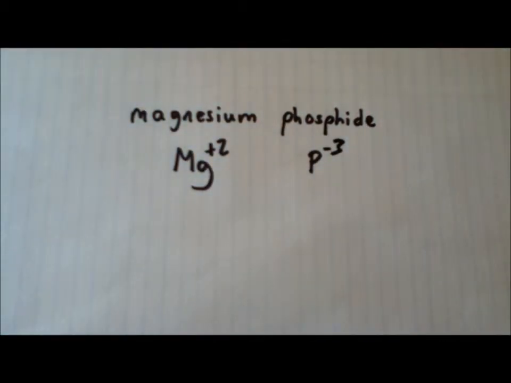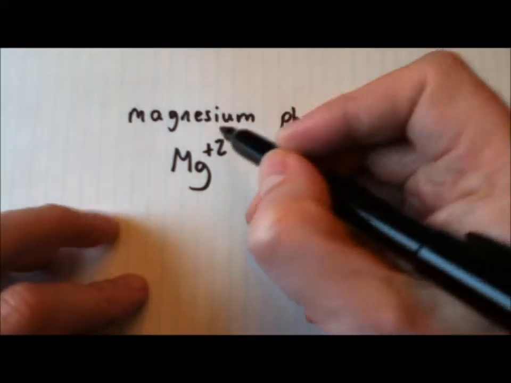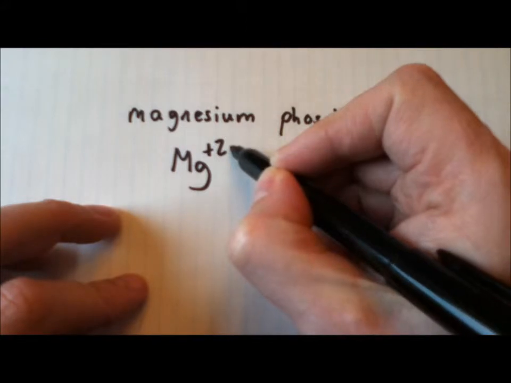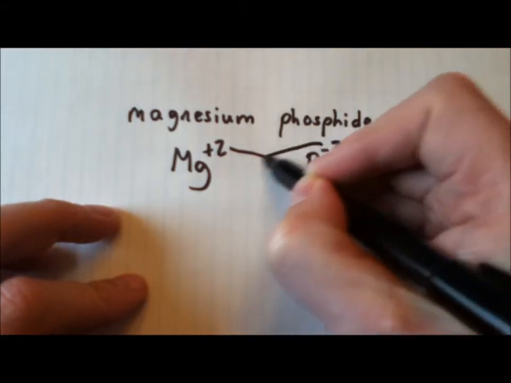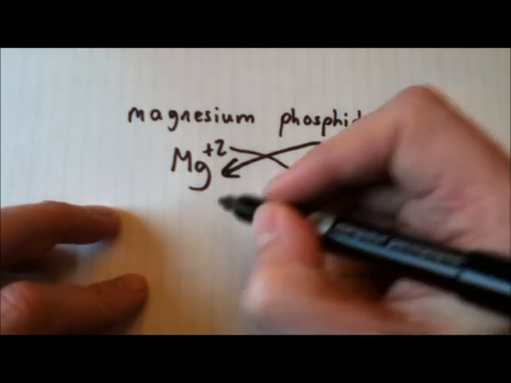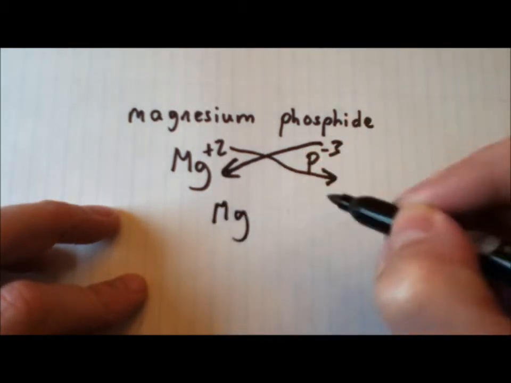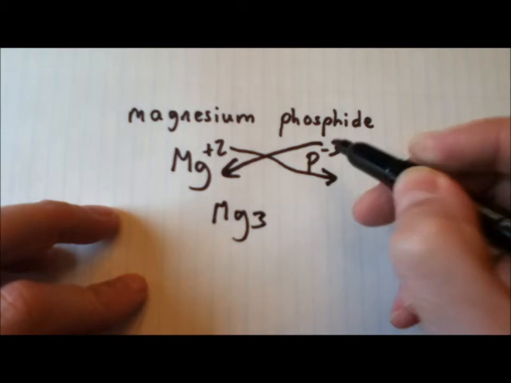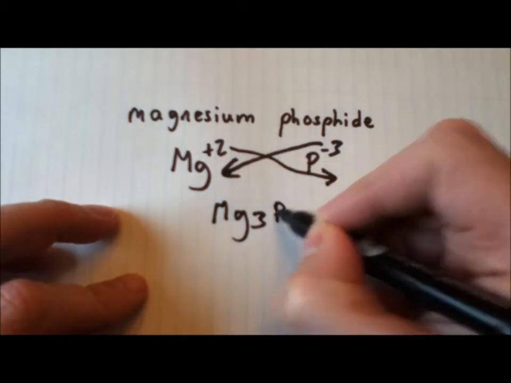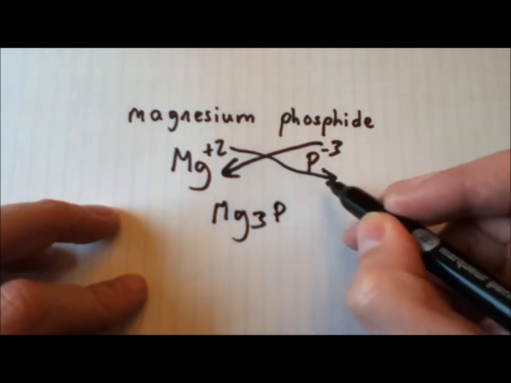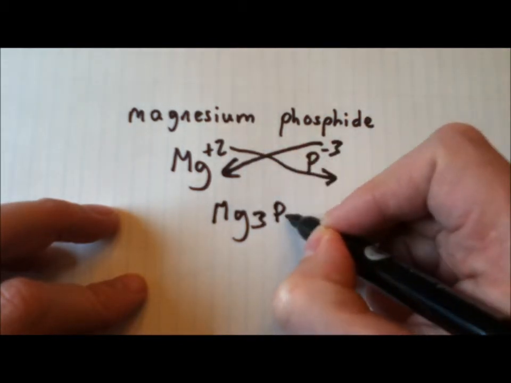Then what you have to do, according to your notes, is crisscross. So what that means is the charge becomes the subscript for the other element, such as this. So what you get now from that process is Mg3, because the -3 went down here, we drop the charge. The +2 comes down to the phosphorus, we drop its charge, and we write it there,